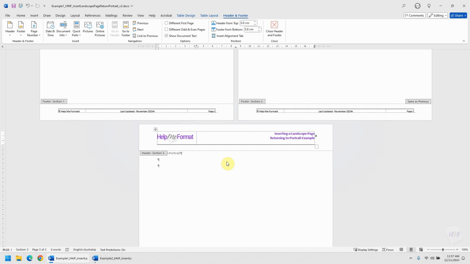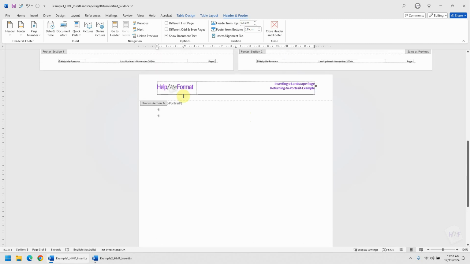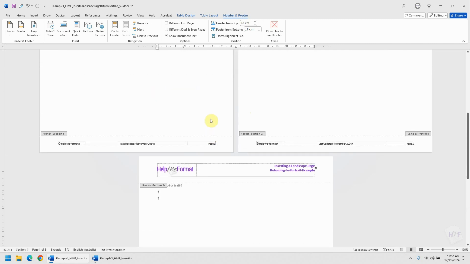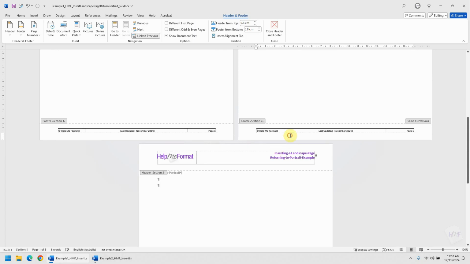Now we need to do the same for the footer within section 3. So I'll just click in there and I want to unlink it from the previous one. Now I've done that on this Back to Portrait page, but I need to do it also on the landscape page as well. So I want to click in this header. In this case, for me, it is section 2. Again, check if that different first page happens to be ticked. Make sure it's not. We want to unlink it from the previous,